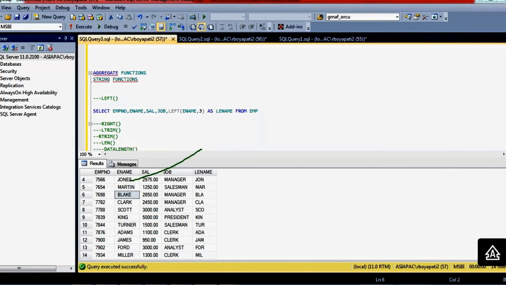The same way, now I want to start from the right side. I want 3 characters from the right side. What are the 3 characters? NES, AKE, OTT, NER, MES. Okay, so how can we do this? The function you have to use is the right function. Right of, and which column? Employee name. How many characters? 3 characters I'm expecting.